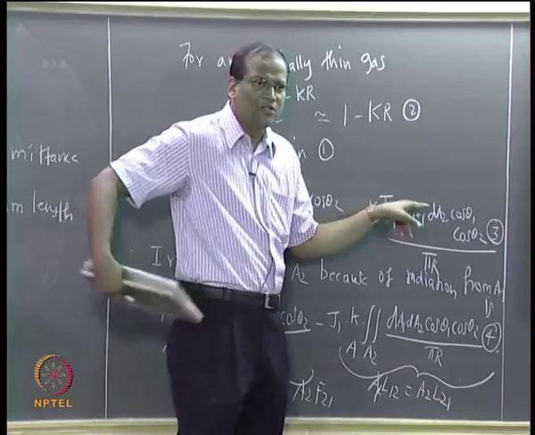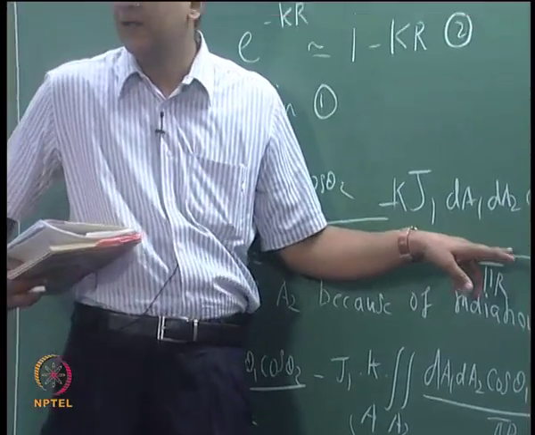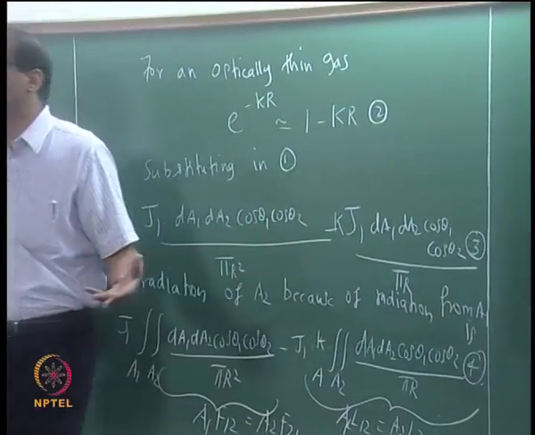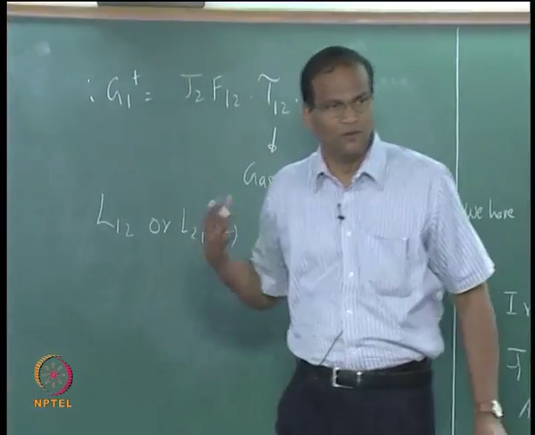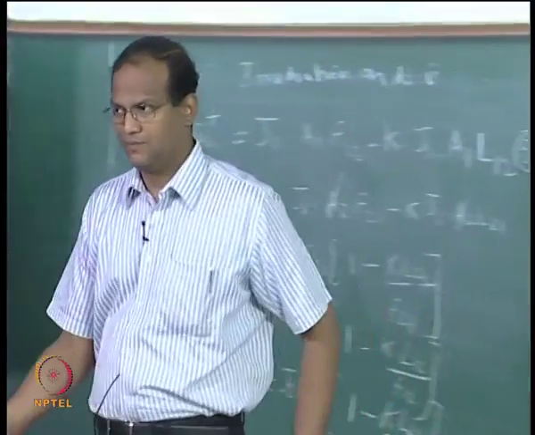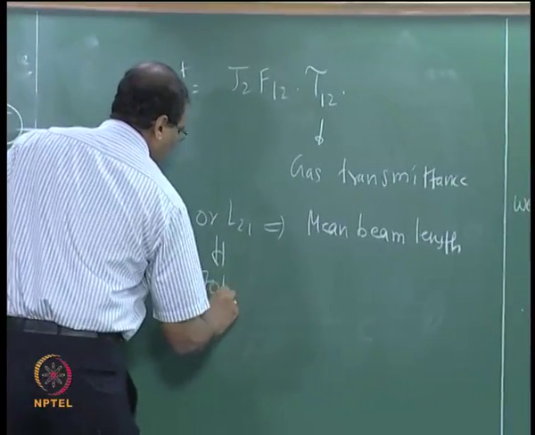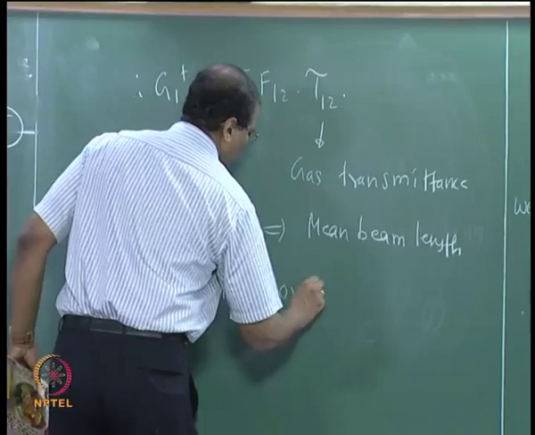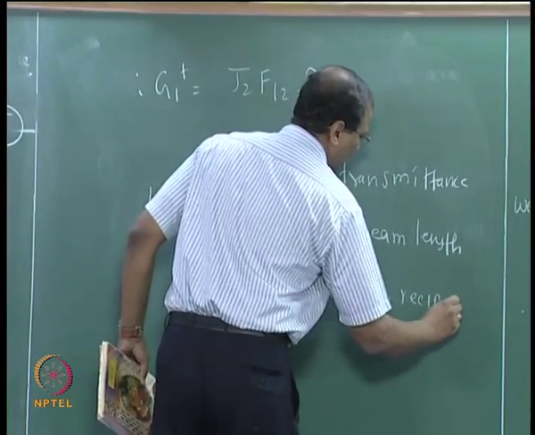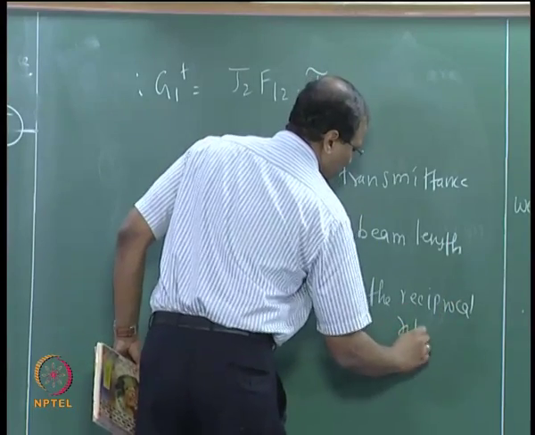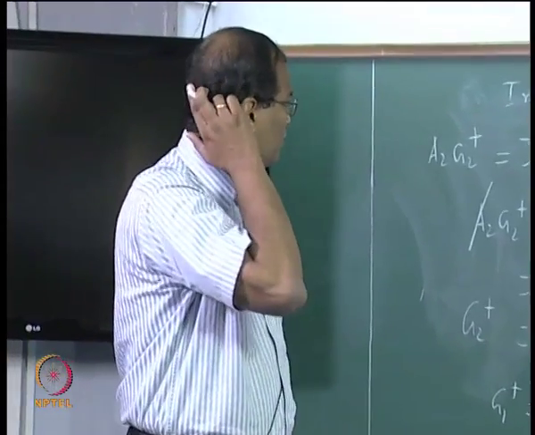Since this expression is also analogous except for the fact that instead of pi r squared I have pi r, it follows that L12 or Lij also follows the reciprocal rule, correct. So, tau 12